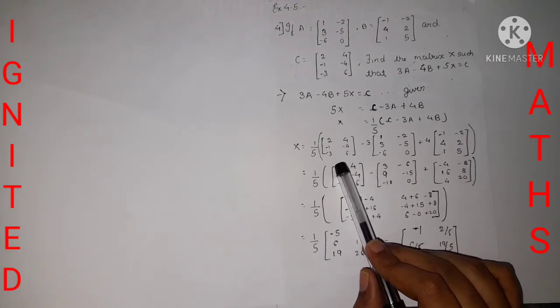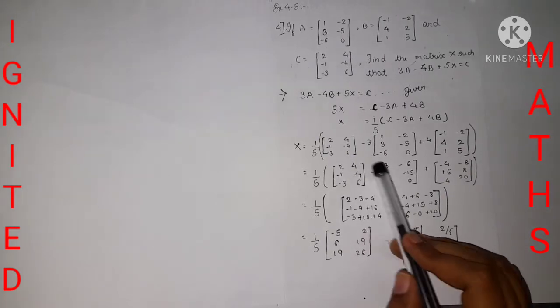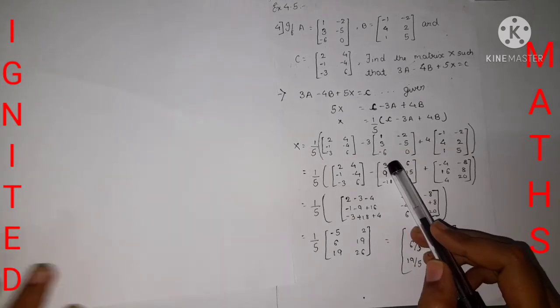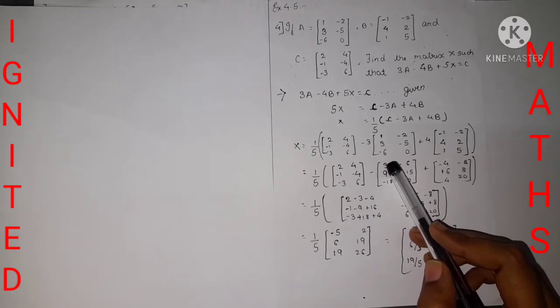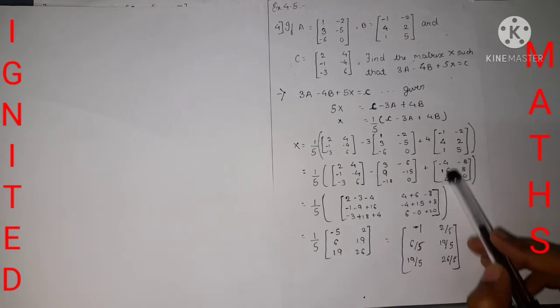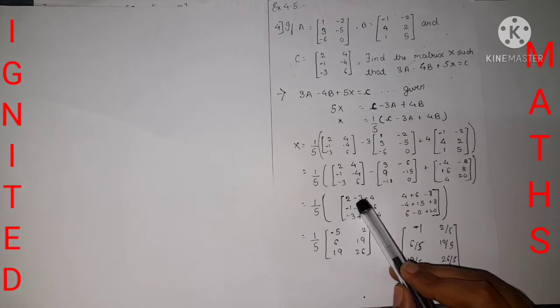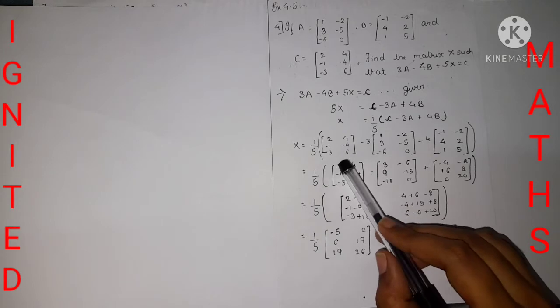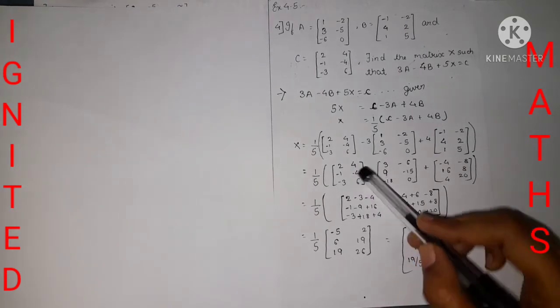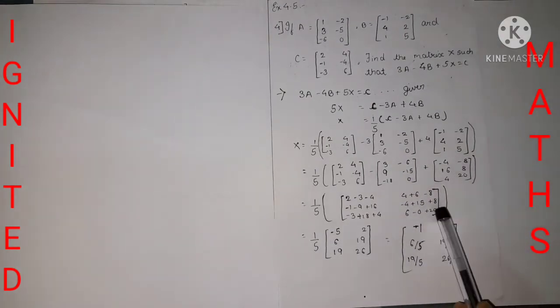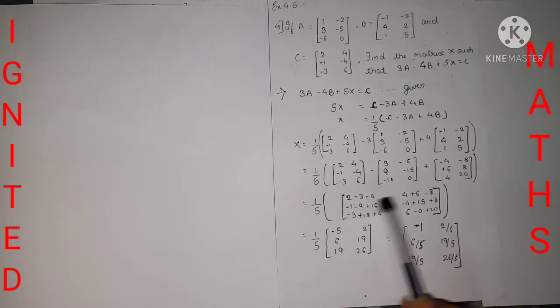Now if I take the element 2, I will subtract. It is present in the first row and first column, so I will subtract the element of my other matrix in the first row and first column. The first row and first column is 3, but over here it is minus, so 2 minus 3, and in this matrix the first row first column is minus 4, so 2 minus 3 minus 4. The same procedure is applied for all the rest of the elements.